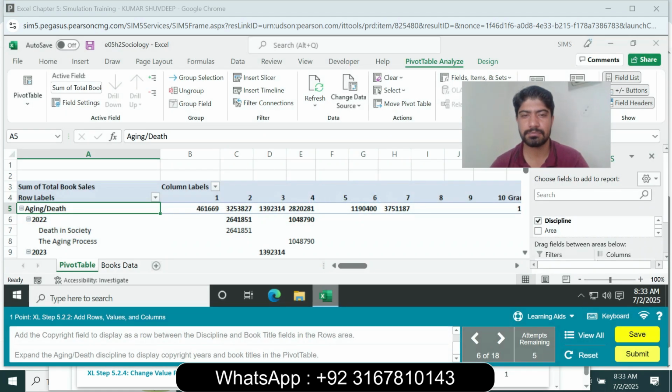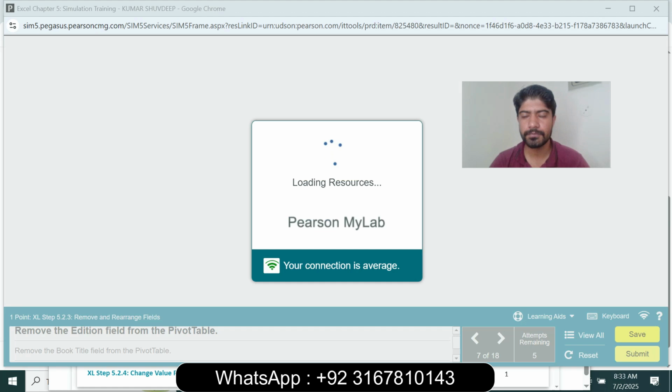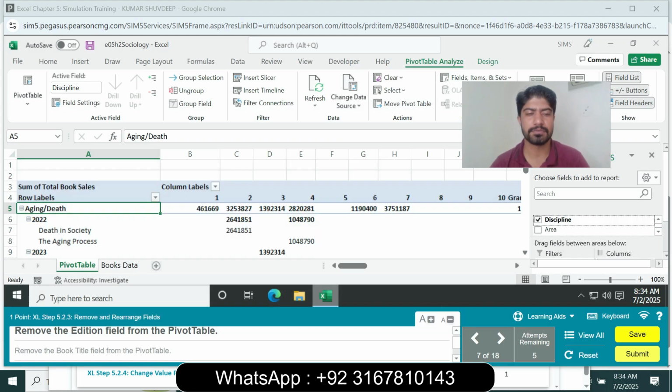We move to question number 7. Open question number 7. So question number 7 is remove the Edition field from the pivot table. Remove the Edition field